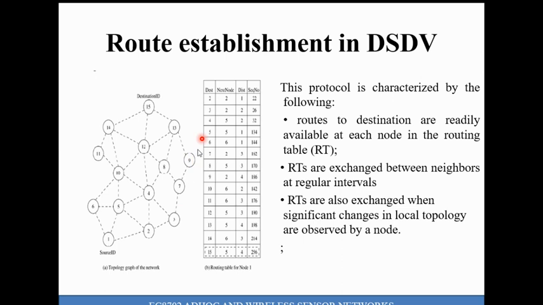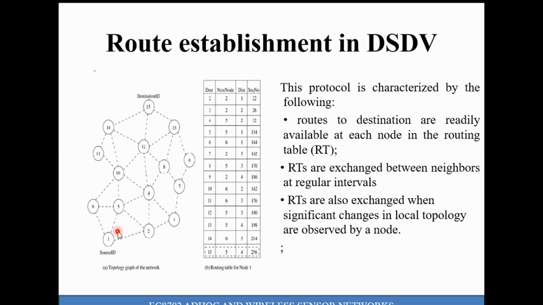So in order to reach 3 from 1, the next node I have to choose is 2. That information is also stored in the next node column. The total count is 2. The random sequence number will be generated and also stored here.